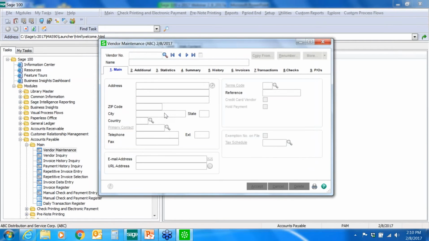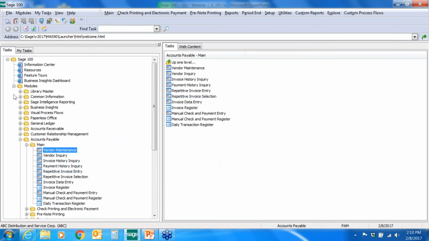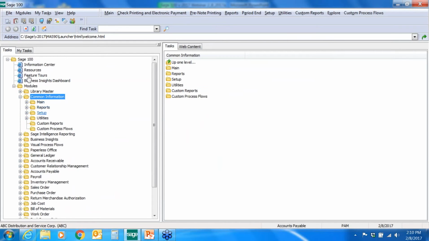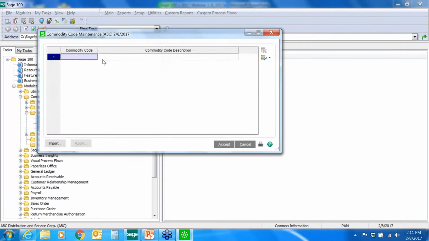Okay. All right. The next thing that they've added are commodity codes. And the commodity codes are listed, where they're set up is under Common Information in the setup. There's now an option for commodity code maintenance. And what the commodity code is, if you have